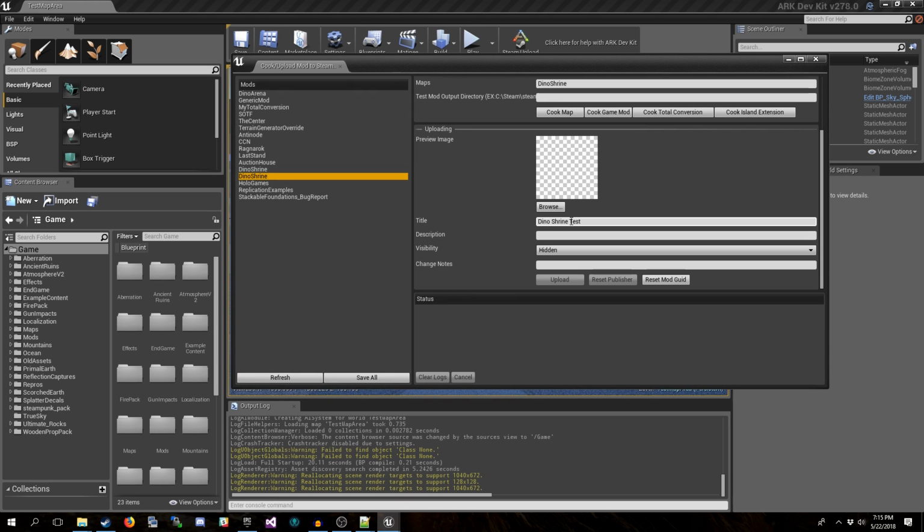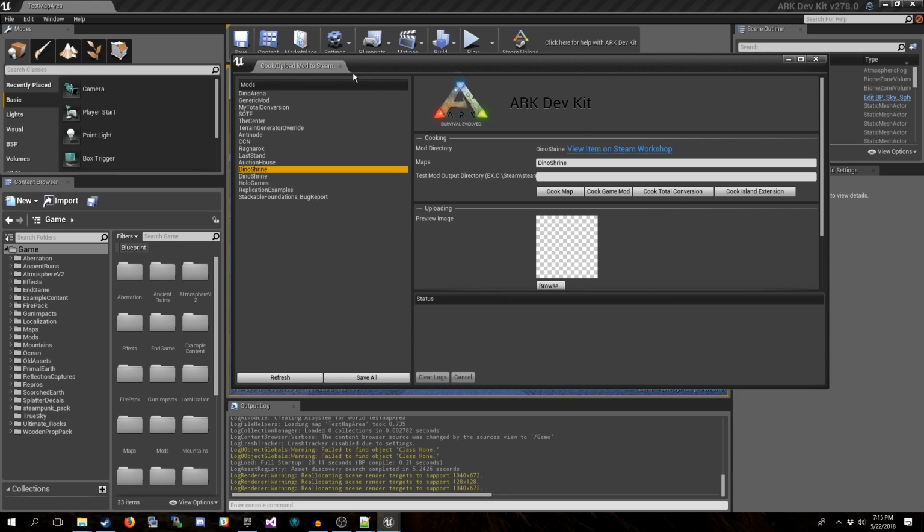So what you can do is on your test version, upload it first, do your testing. If it's good, go back into the kit and push to public on the same cook. And you won't have to worry about any erroneous cook errors that don't happen all of the time. And that's how you set up your cook situations.